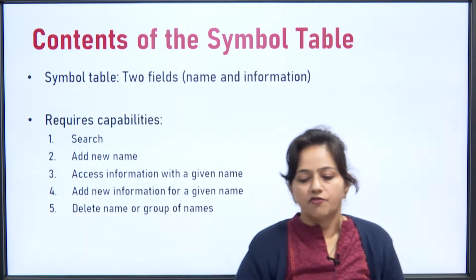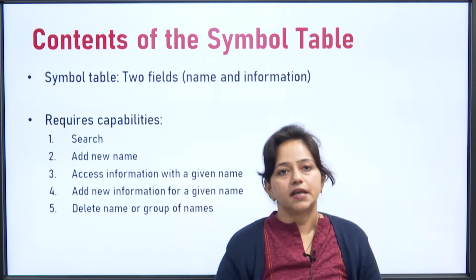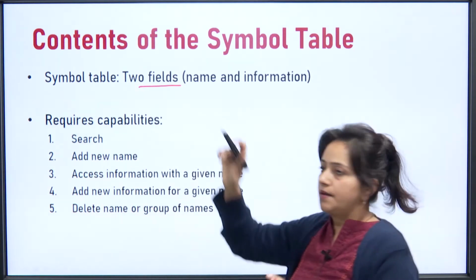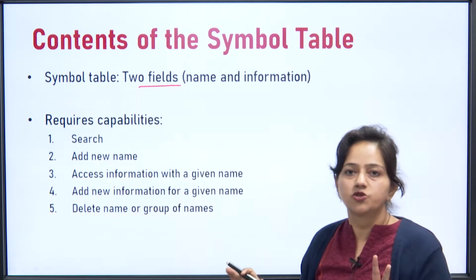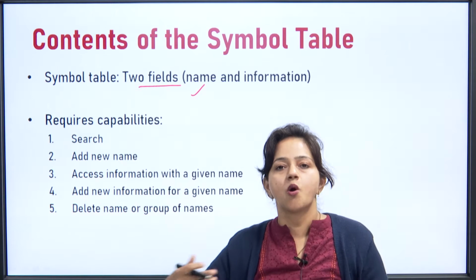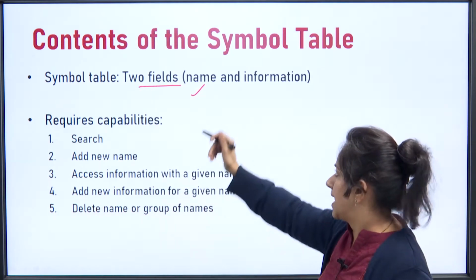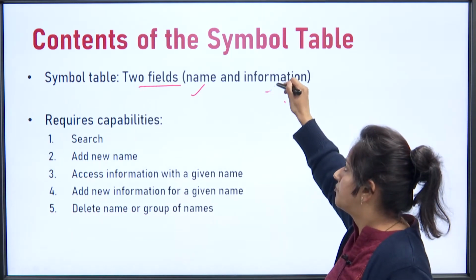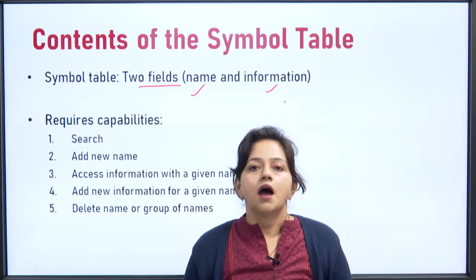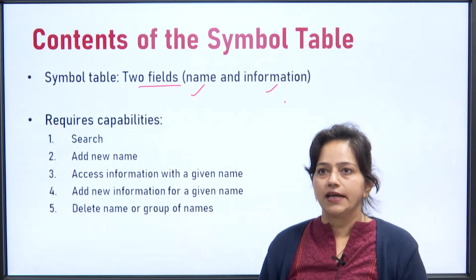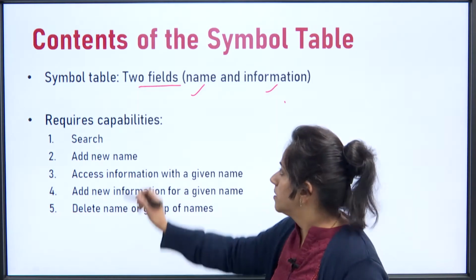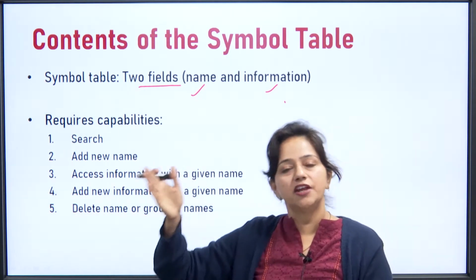Now, next is what are the various contents of the symbol table. So, symbol table broadly has two fields. In abstract way we can say it takes two fields. One is for name, this could be for procedure, variable, constant, label. Second, its related information like what is the type of it, the scope of it, where it should be stored, and whether it is simpler type or complex type, like that. So, it has two fields, name and information.